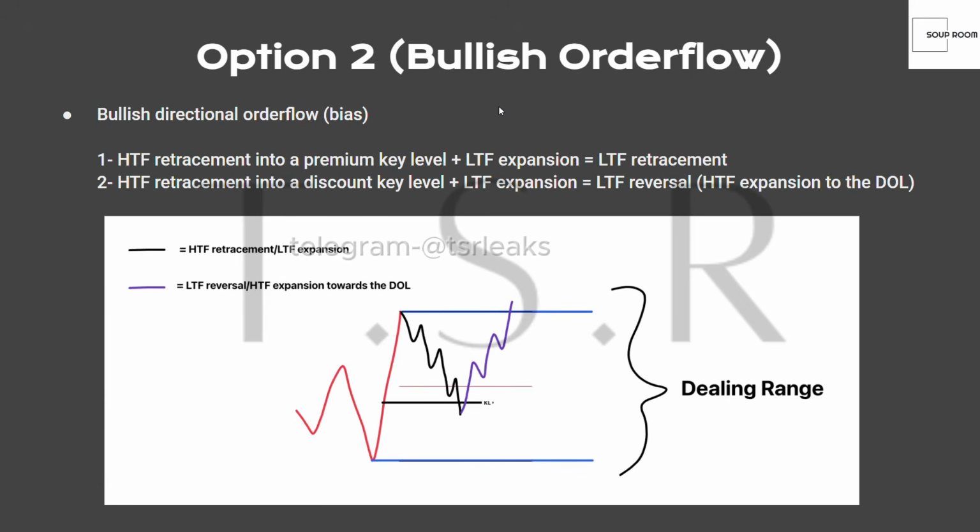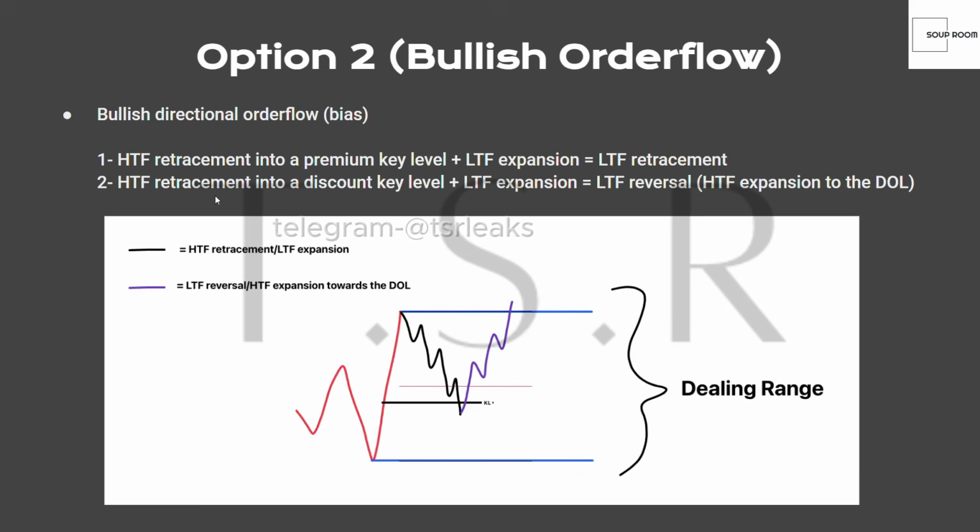Option number 2. So the first option, you saw price hit a key level in a premium, then retraced back up, expanding lower into a discount, and then hit another key level in a discount, and then expanded higher, reversal on the lower time frame, expansion on the higher time frame. The second option, and the more favorable option,